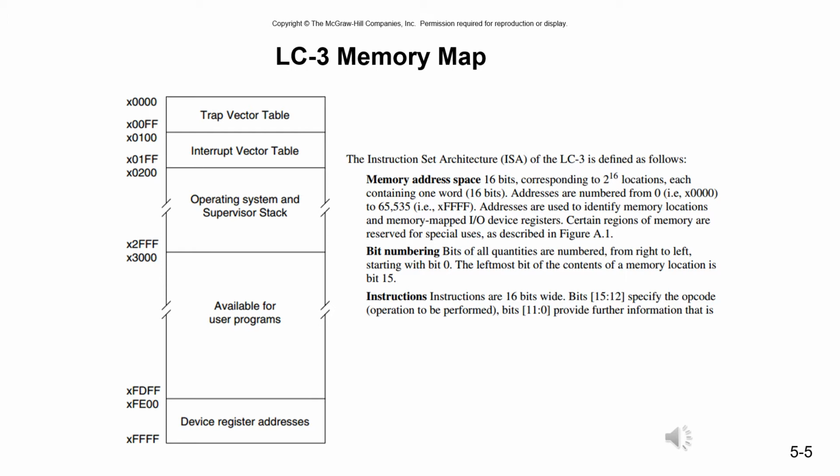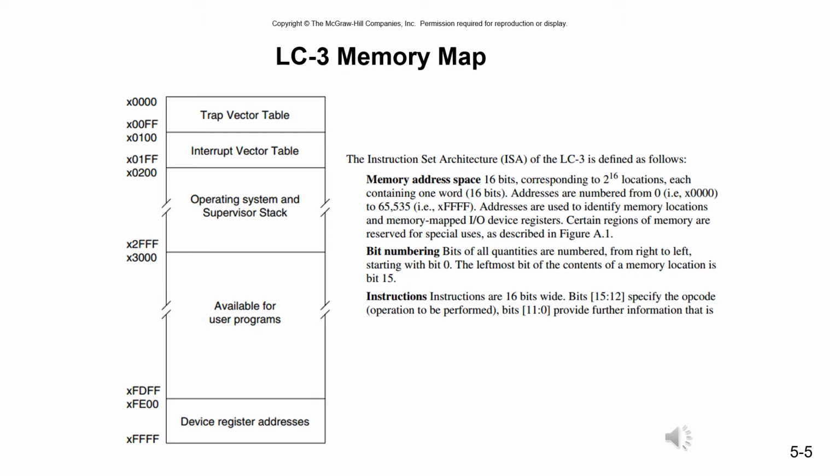And there's various sectors or areas of memory that are designated for specific operations or parts of the LC3. The trap vector table, the interrupt vector table, the operating system and the supervisor stack, and then we have hex